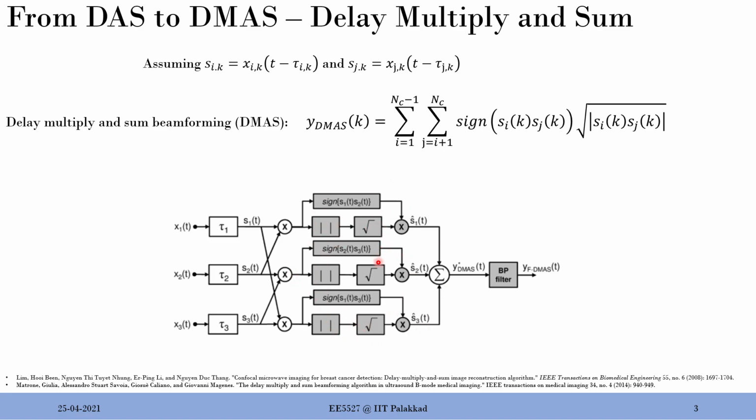But the important aspect is that multiplying two transducer signals effectively brings two components in the output. One is at baseband, 0, and the other is at 2 times the transmit frequency, 2 times f0. We are only interested in the 2 times f0 component, hence we have to apply a band pass filter at the output.